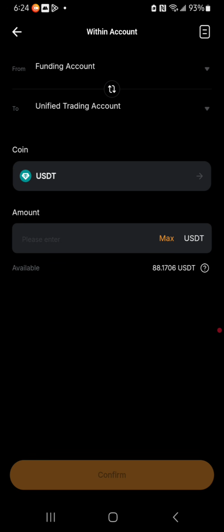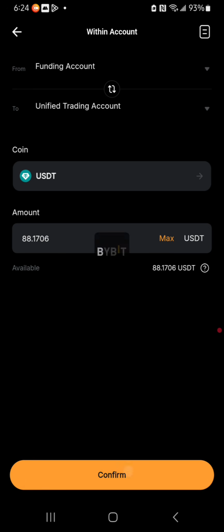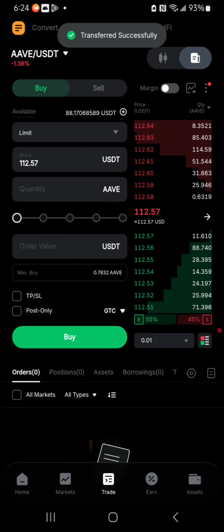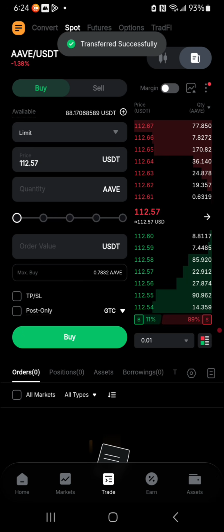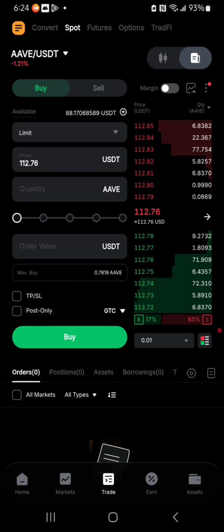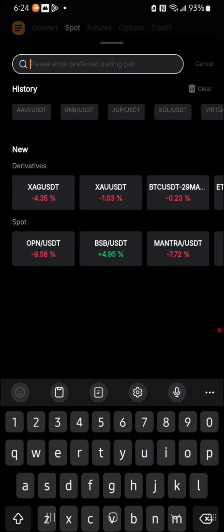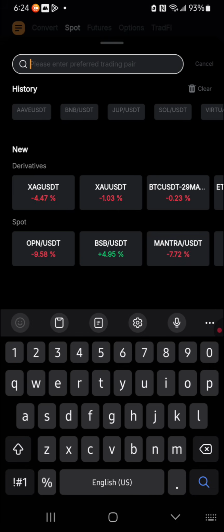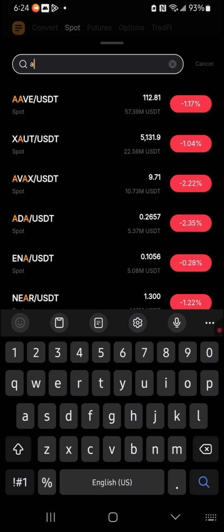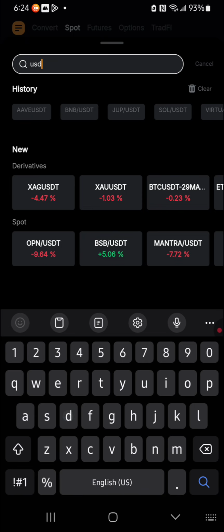This will help me to use it to do all of this. So let me quickly transfer it real quick, because apparently the trading is happening on the unified trading account if you come to think of it. So all we're going to be doing now is to quickly buy USDC, because the USDC will be used to buy every other one. So the first one is the USDC